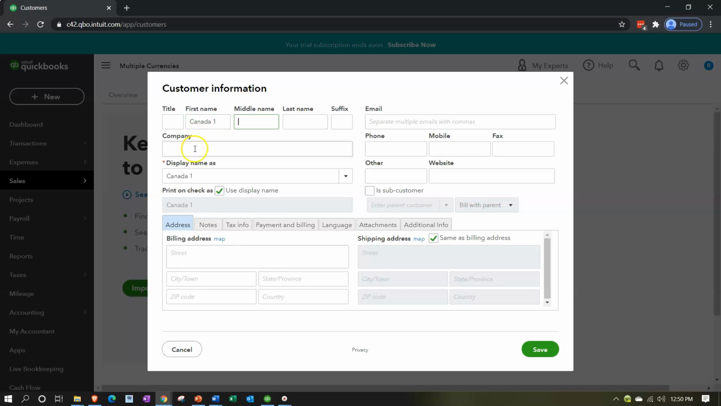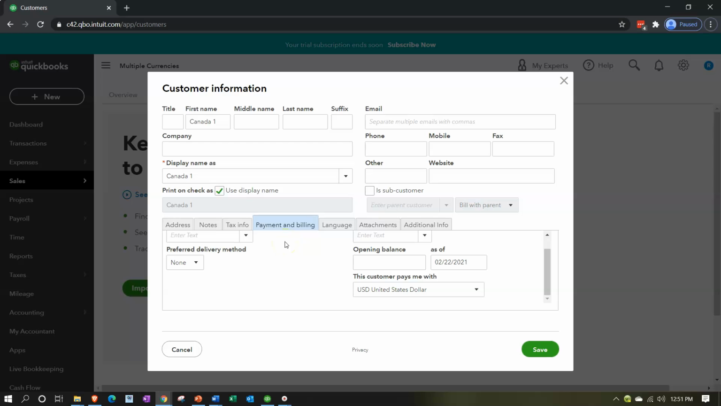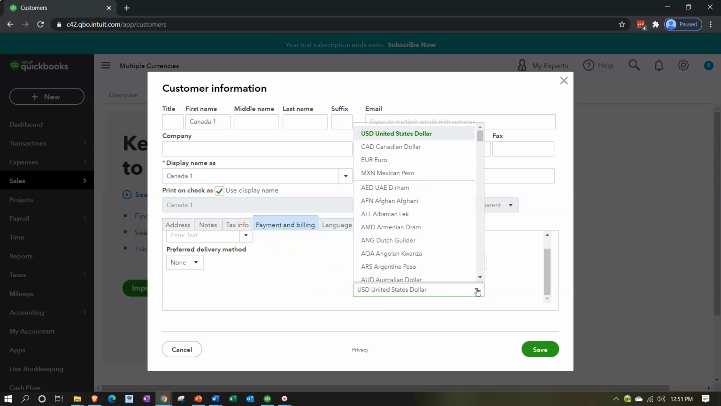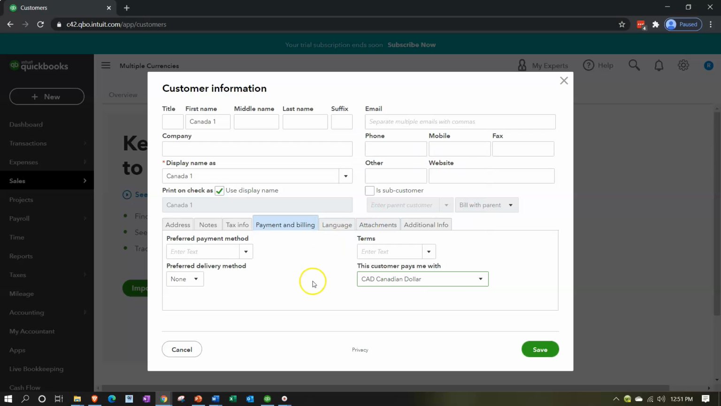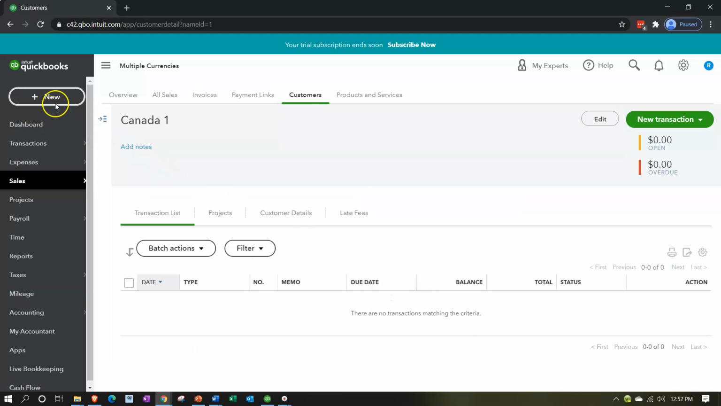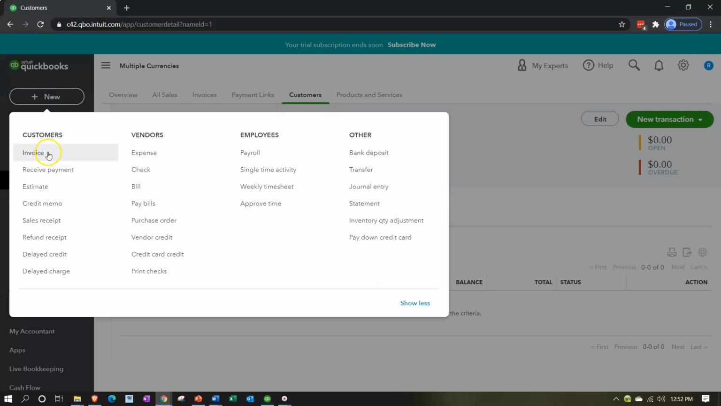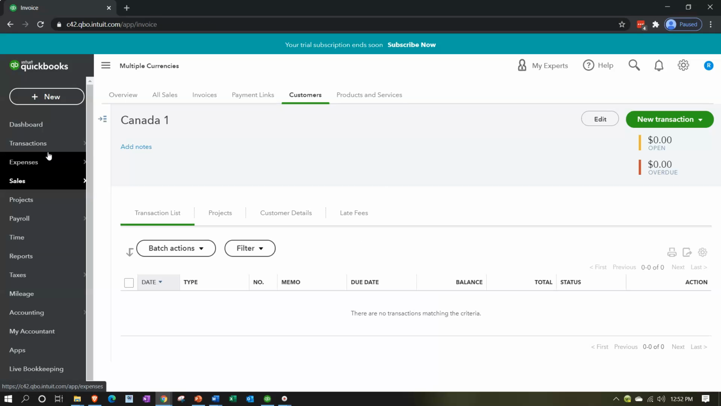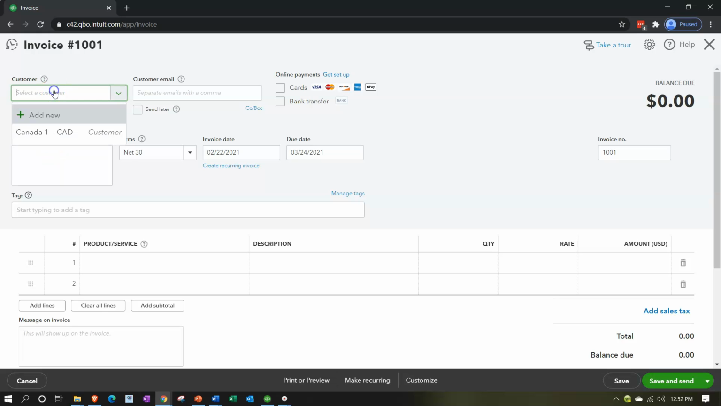You then have to go back down here and make sure that you have the proper currency, which would be in the payment and billing section. This customer pays me in US dollars, being the default. We can change that to, say, the Canadian dollar here. So Canadian dollar, and we'll go ahead and save that. Then when we make an invoice to that customer, it'll be in Canadian dollars, right? So now if I make an invoice here and just set that up,